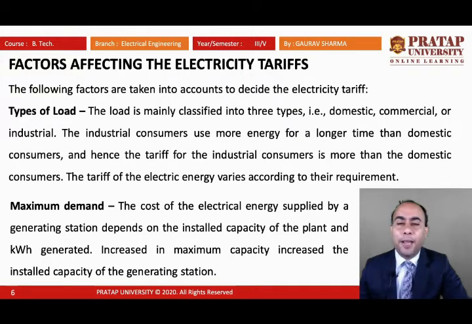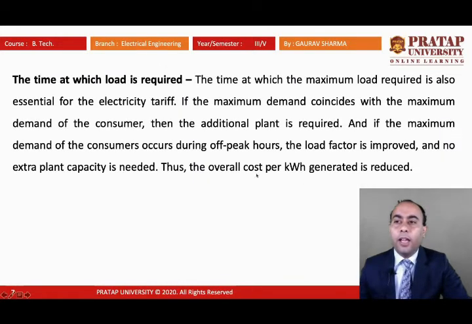Next is maximum demand. We can say that the tariff is also affected by the maximum demand, because someone has applied for a maximum demand of 2 kilowatts, someone is applying for 4 kilowatts, and someone 6 kilowatts. So as per their maximum demand, their tariff will be changed, and also at the time the load is required. Like I already said about the agriculture consumer, they are consuming electricity at the time of off-peak hours,